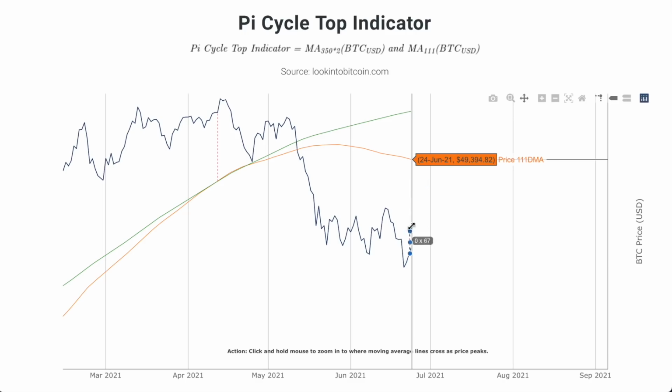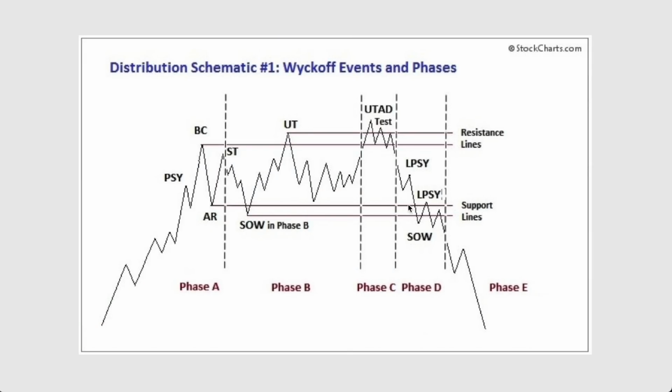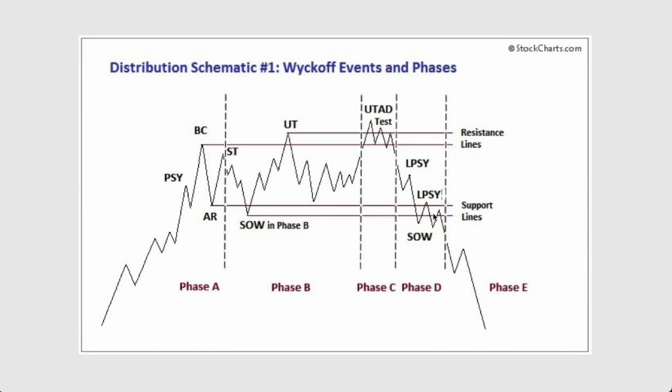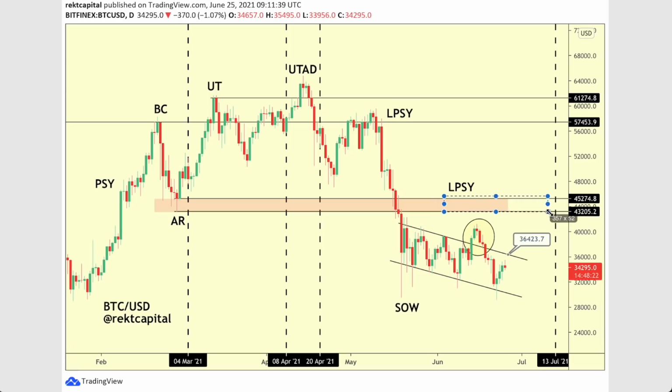So if Bitcoin were to rally towards the upside, we have to bear in mind the macro distribution range, the bottom of the macro distribution range. This is something I speak about in a previous video, so feel free to check that one out as well. I will link it in the top right hand corner, because this bottom of the macro distribution range through the Wyckoff view, we need to test this one. And if we reject from here harshly, then that will effectively carry on this macro distribution and Bitcoin would enter phase E. But only once we reject harshly from here, or even if we just lose this wedging structure altogether,